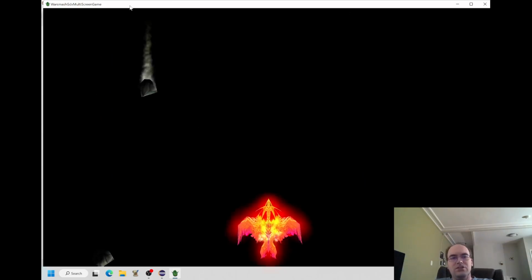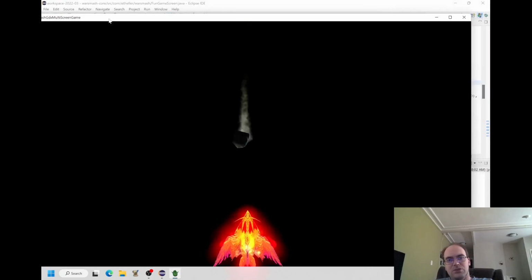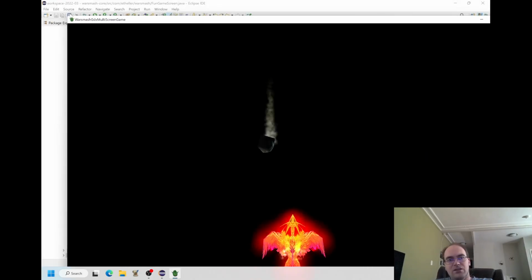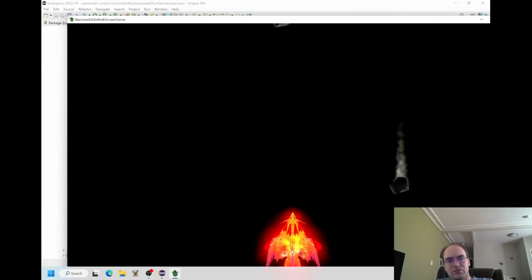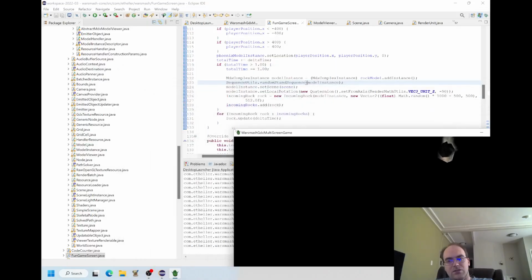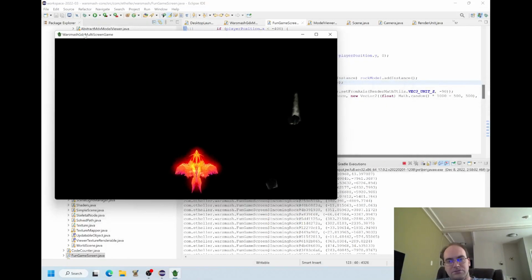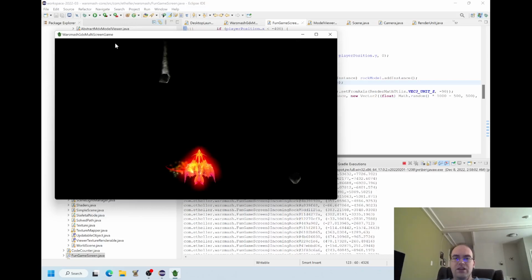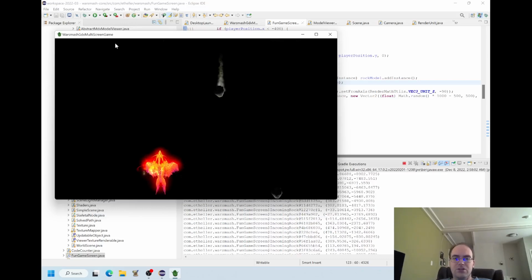I suppose the moving stand sequence would allow the rocks to actually fly at me. Oh yeah, okay. So I guess the rocks weren't updating their position when they weren't animating. That's kind of dumb, but I guess it's better than nothing. So here you can see I now have my Phoenix Rock Dodger.